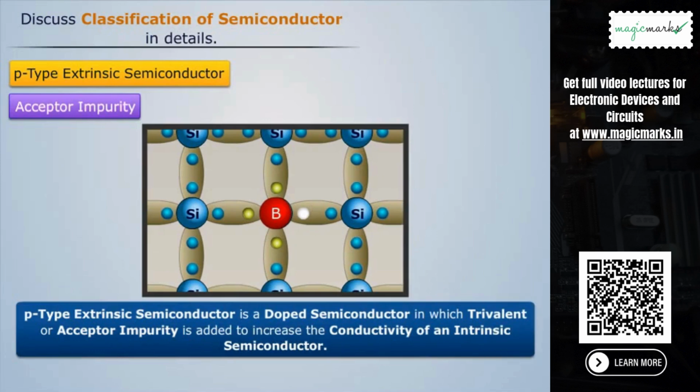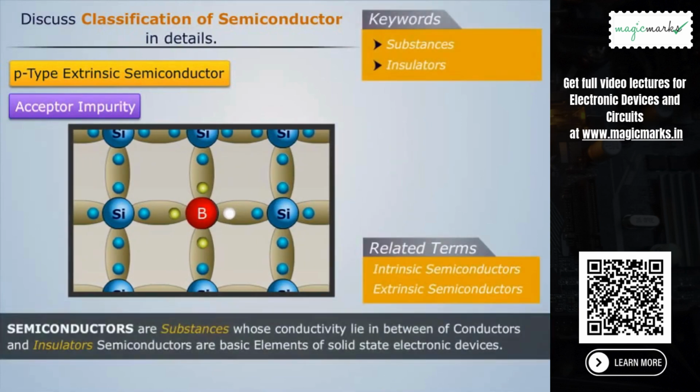Thus, a P-type extrinsic semiconductor is a doped semiconductor in which trivalent or acceptor impurity is added to increase the conductivity of an intrinsic semiconductor. The related terms are